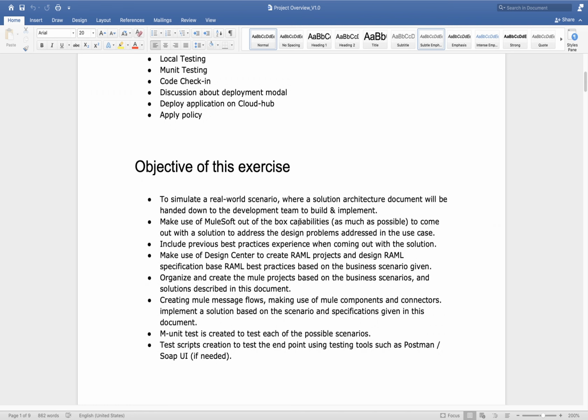Same thing we have in the third point, include previous best practice. Once you start working, slowly you will get an in-depth idea of Mule components, and then you have to identify which Mule component is more suitable. For example, if we are calling any external system, like two or three external systems, either